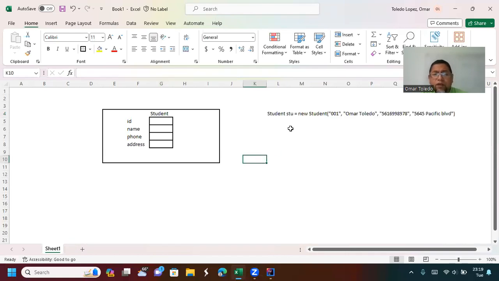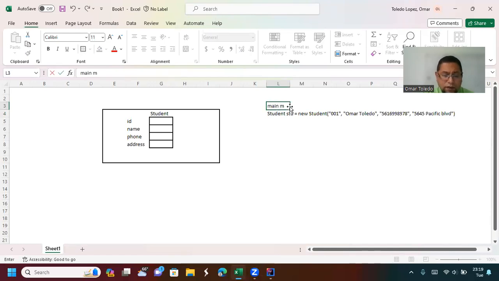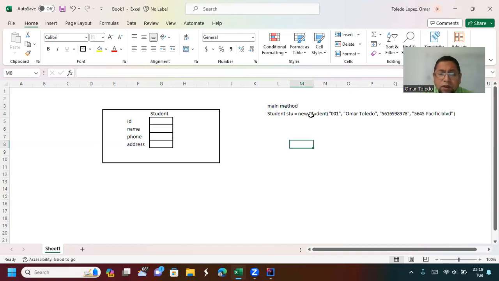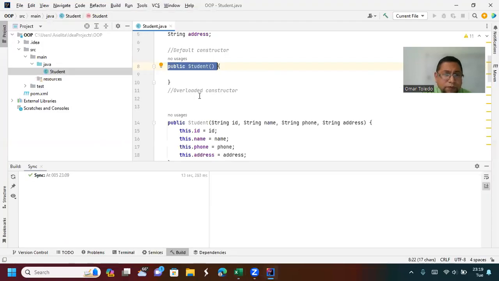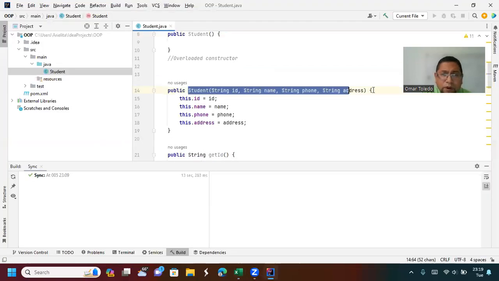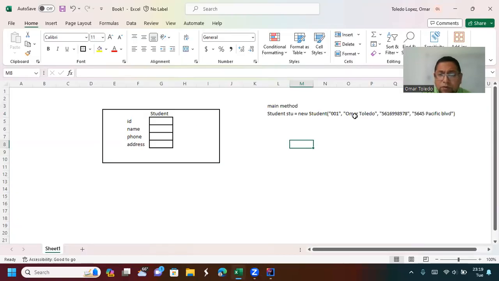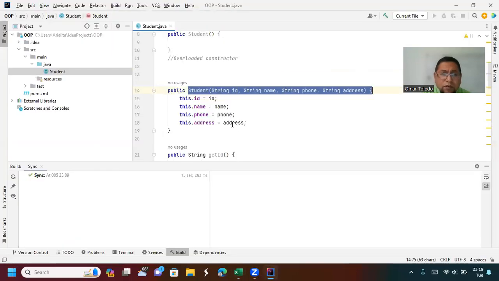Okay, so when you execute this one in the main method, you are calling the method student with 4 parameters. 1, 2, 3, 4 parameters. So